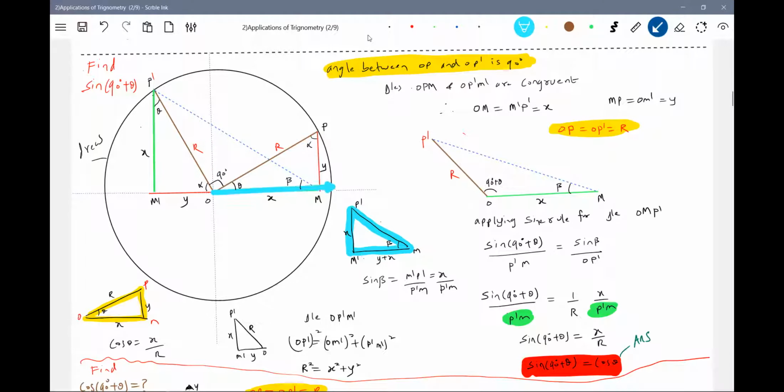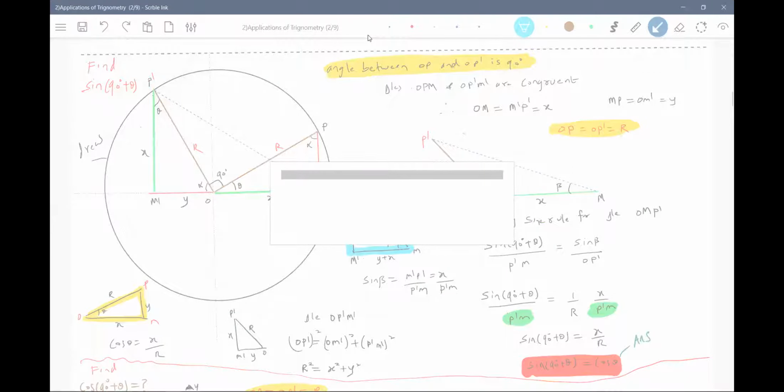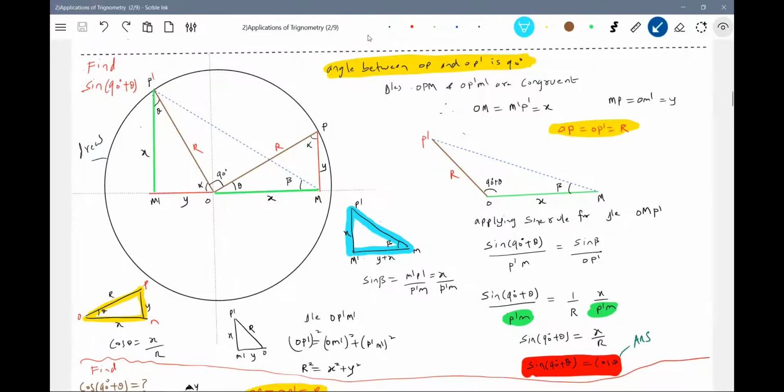So earlier it was here. As it starts rotating, OP will make an angle theta. Now if I further rotate by 90 degrees, how much angle will it subtend with the x-axis? 90 plus theta. Okay, let me define the other triangles. What is the angle between OP and OP dash? That should be equal to 90 degrees.